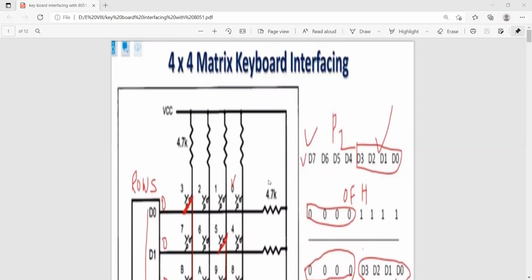Okay. So there are various types of interfacing devices.